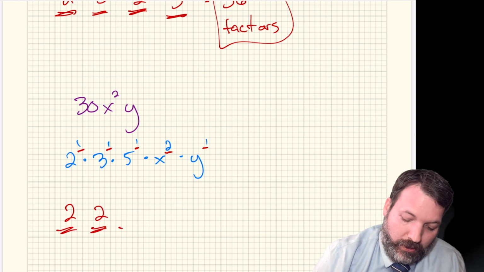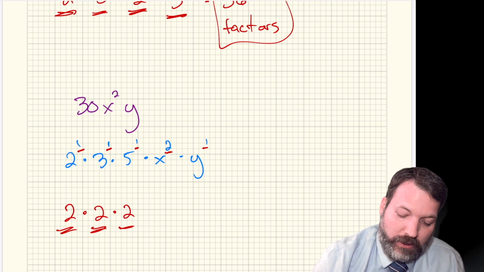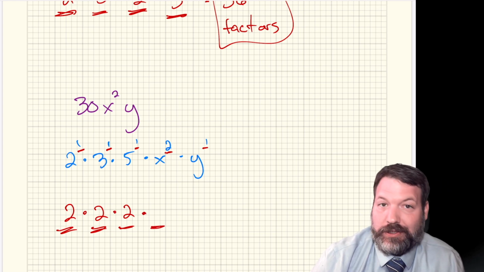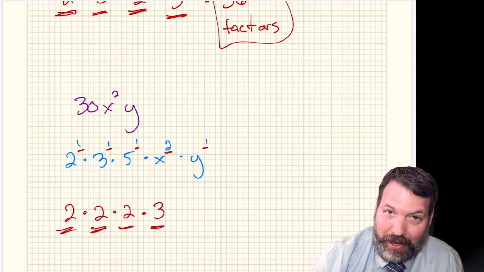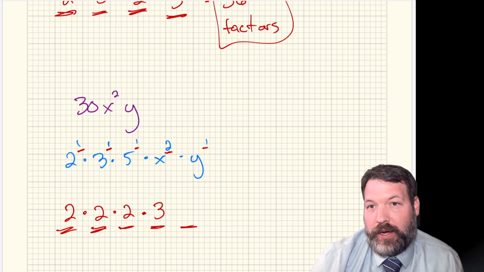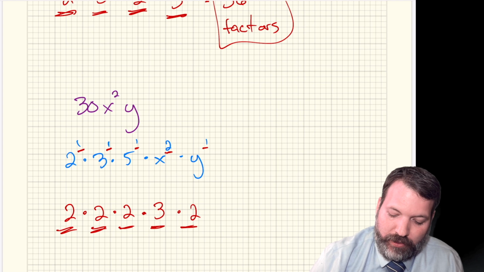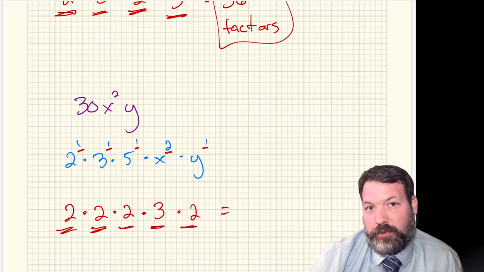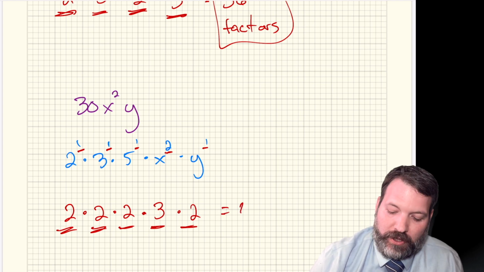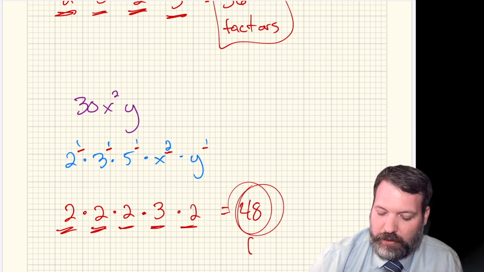That's two possibilities. No 5 or 1 5. That's two possibilities. No x's, 1 x, or 2 x's. That's three possibilities. And then no y's or 1 y. That's two possibilities. 2 times 2 times 2 is 8, times 3 is 24, times 2 is 48 factors for